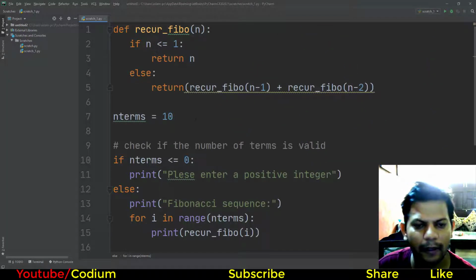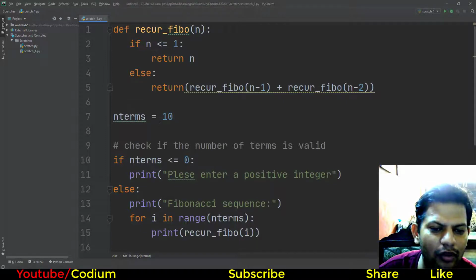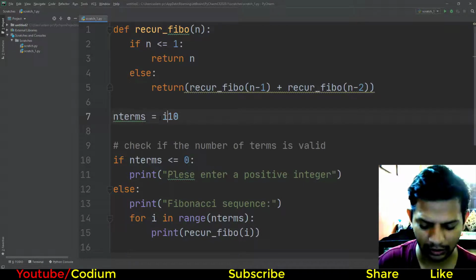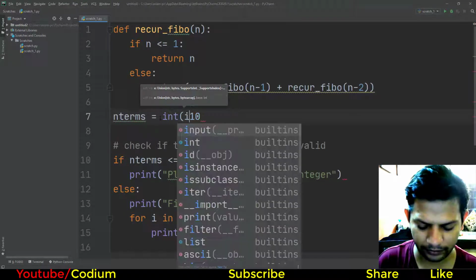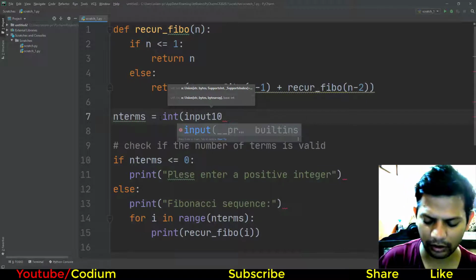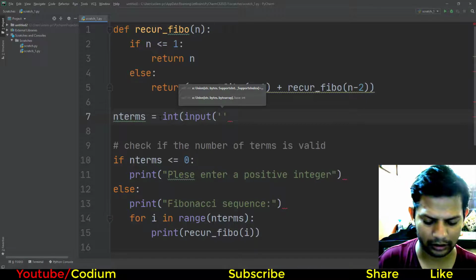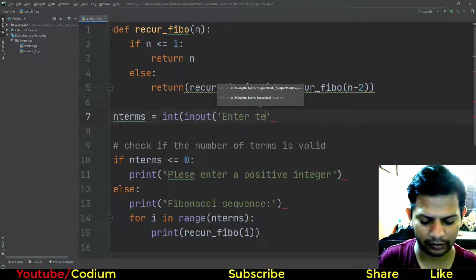Okay, now the nth term: n is a variable, here it is fixed at 10, but you can take input from the user. If the nth term is less than 0, the message appears: please enter a positive number. We take this as input by the user, an integer, for talking about numbers, input in brackets with a single quote, enter terms.